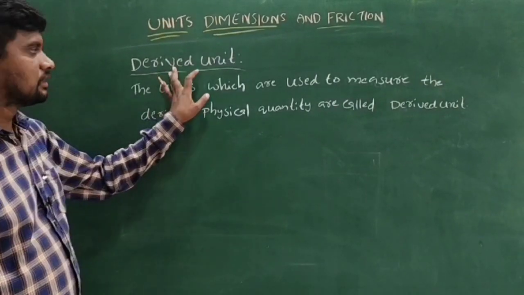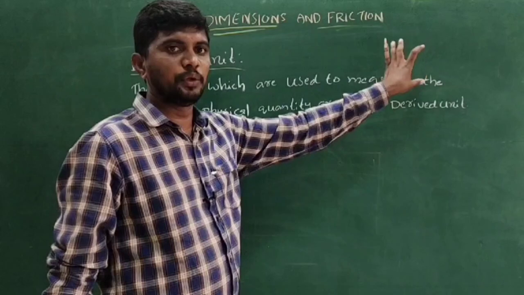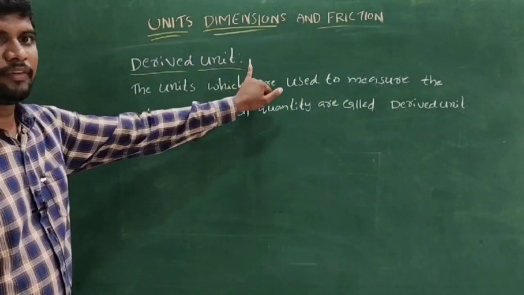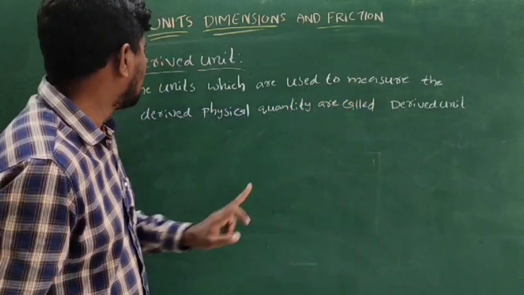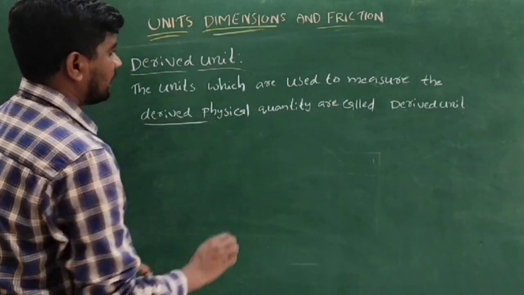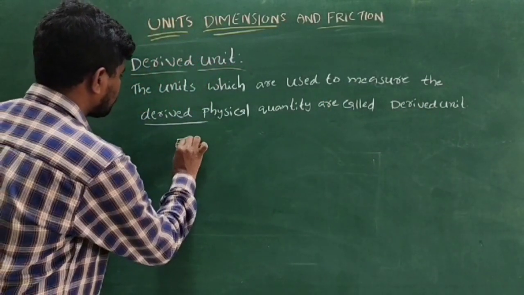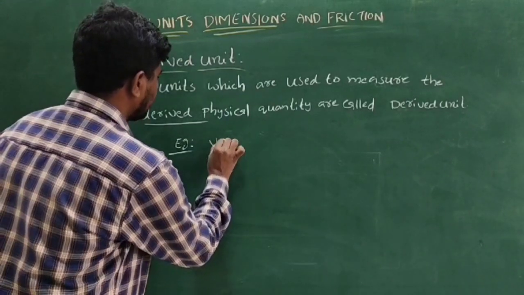The third one is derived unit. Derived means it depends on the fundamental units, so it is called derived unit. The definition of derived unit: the units which are used to measure derived physical quantities are called derived units. For example,